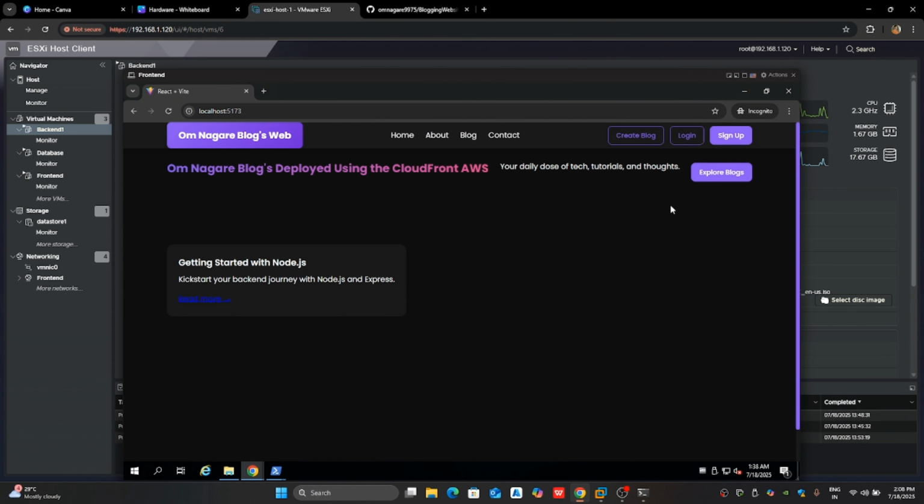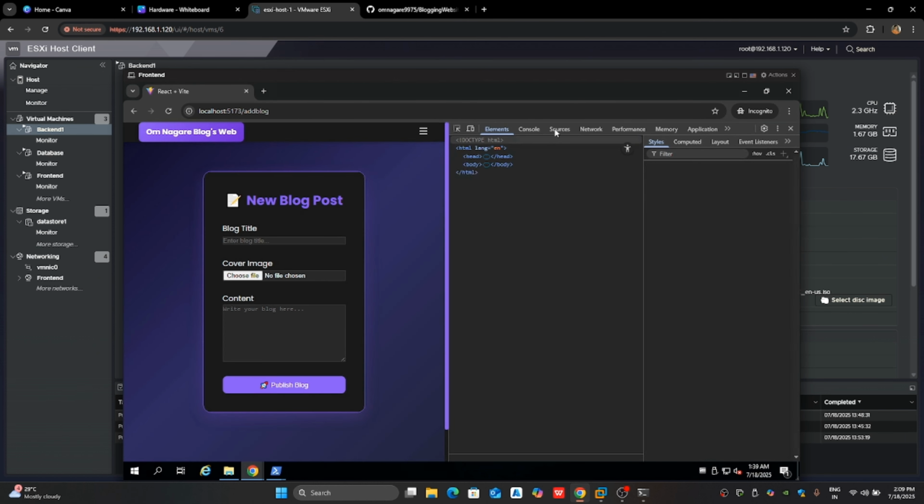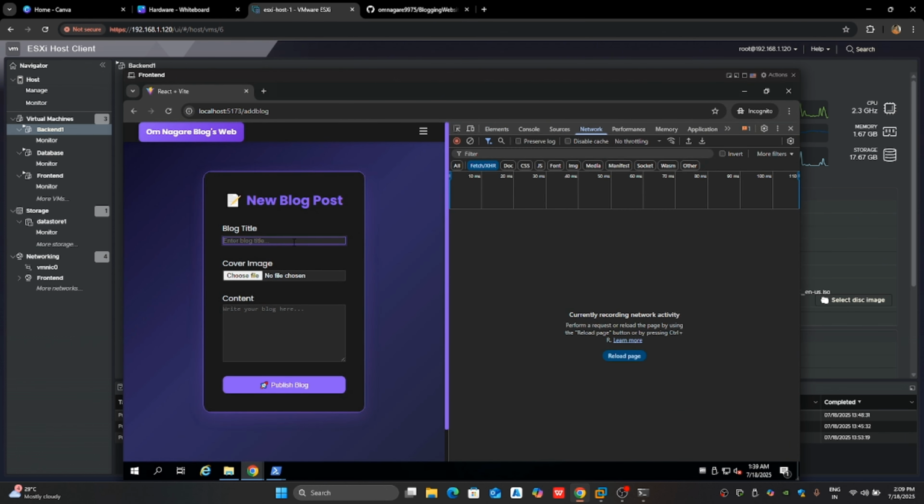Yes, you have logged in, and now you can go to create blogs, and let us check for the backend API also. Same thing. I'll say Rohit is best captain,